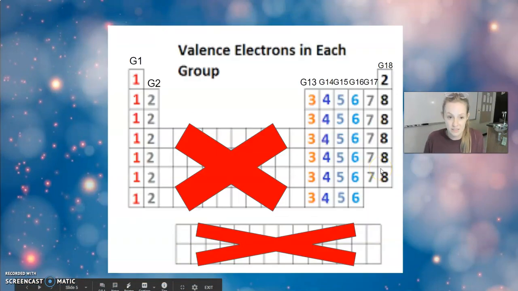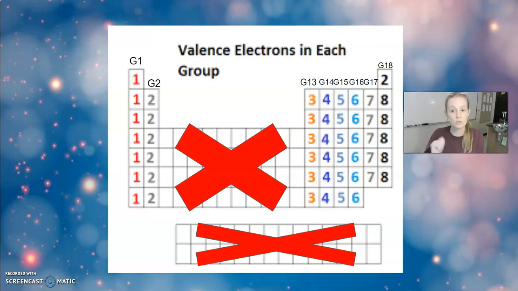Same thing with valence electrons. Group 1 has 1 valence electron, group 2 has 2 valence electrons, group 13 has 3. So I like to tell my students on the star periodic table, there is a number in front of the letter A. That number is your hint for the number of valence electrons for that group. Group 14 has 4, 15 has 5, 16 has 6, 17 has 7, and then group 18 all has 8,